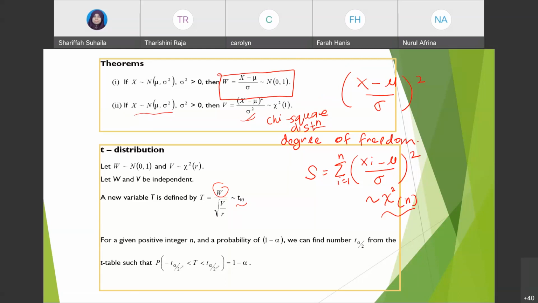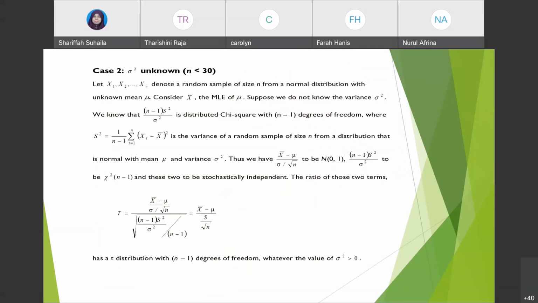So the same thing, kita nak construct a probability for 1 minus alpha. So we will construct your variable T is between minus T alpha over 2 and also T alpha over 2, the probability is 1 minus alpha. Okay, itu dia punya konsep dah ya. Okay, kita tengok ini, case 2 ya. Okay, already case 2 ni saya rasa kita dah explain in detail jugalah dalam kita nota tu.